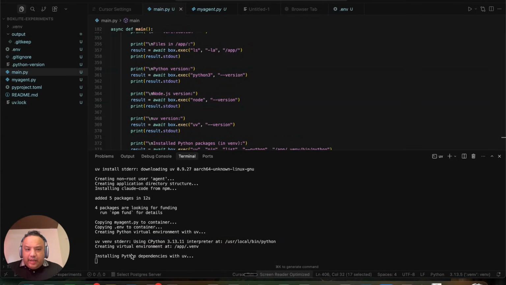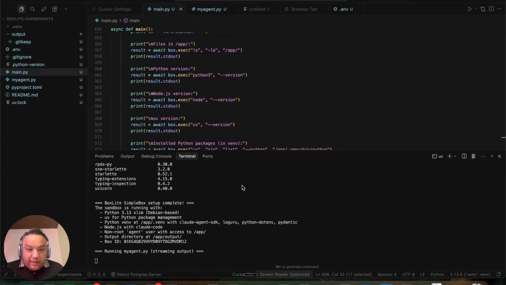They also have some pretty decent examples. Documentation with Boxlight is a little sparse. I think it's still relatively new, but it looks very, very positive, especially because of the micro VM aspect and the low latency when it comes to working with this, and the fact that you can easily do all this with native Python functions or Node, I mean JavaScript functions, or I think Go or Rust functions.